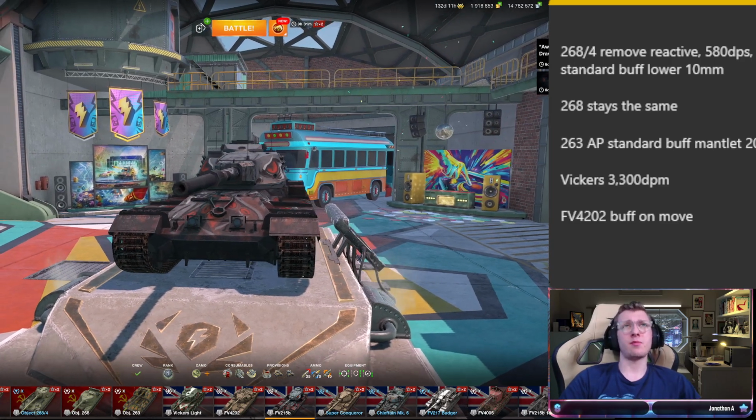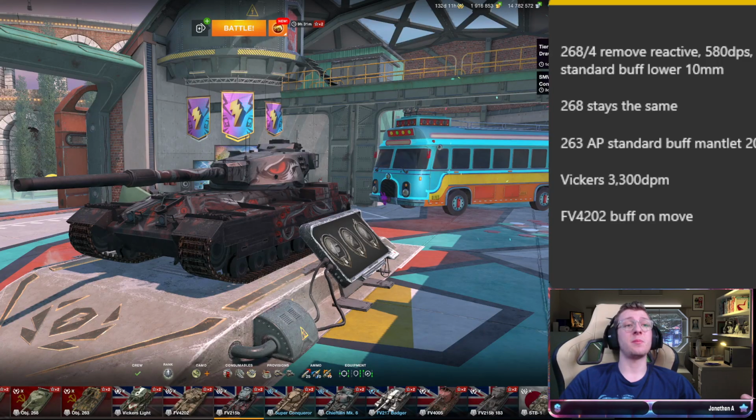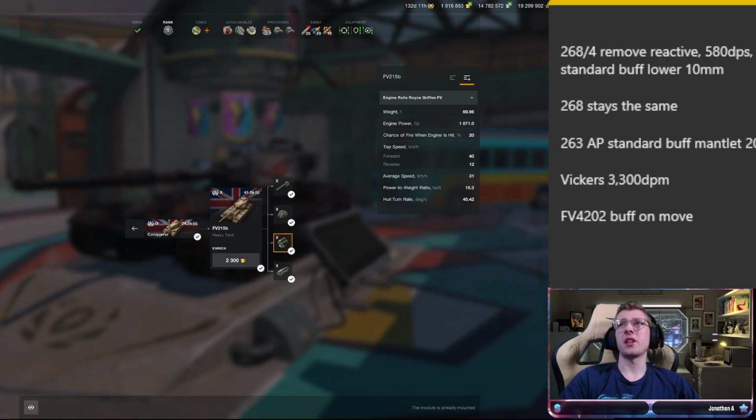The FV215b, in the current state, is really strong. It has solid mobility. I don't really see the need of speed boost, but it's got solid mobility. It's got 3000 DPM. It's got really good accuracy, 40 km per hour top speed. The 12 reverse is really poor, and I don't like that at all. So first of all,